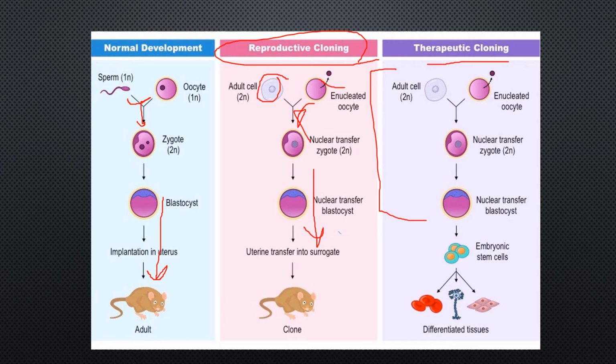Then we begin to produce embryonic stem cells, and essentially stem cells are cells that will continue to divide, but they aren't differentiated until they come into contact with certain hormones. So we can take these undifferentiated cells and essentially make different tissue types that we might need: red blood cells, skin cells. This is used in things like, for instance, if we have a burn victim, we may use these stem cells in order to produce new epithelial tissue for them. So that's where cellular cloning comes in.